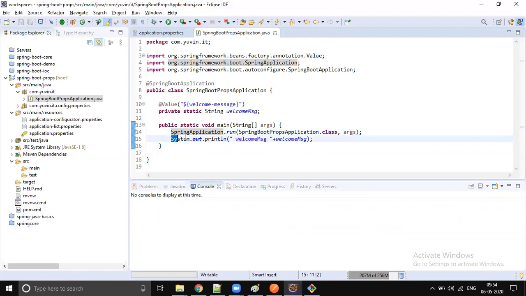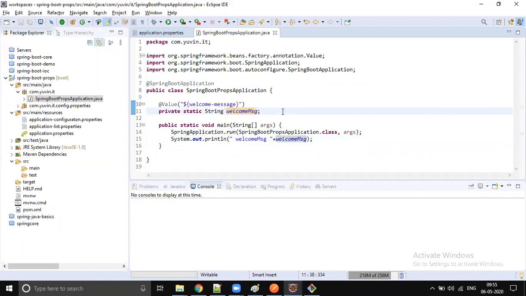It is going to execute this statement simultaneously. Spring application run is started at the same time as system.out.println, so these two things are happening simultaneously. I cannot guarantee that the welcome message is ready at the time our main thread is executing this code.